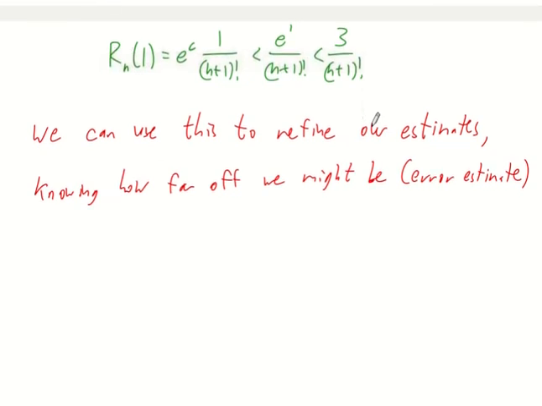And so that's what we're going to do. We're going to say, okay, I want to get within 1/1000th, so that means I need to take the first 3, maybe, or how far does this have to go to be 1/1000th? 6, 7 terms of the Taylor polynomial to get an estimate of e to the first power that's within the amount that we're looking for.